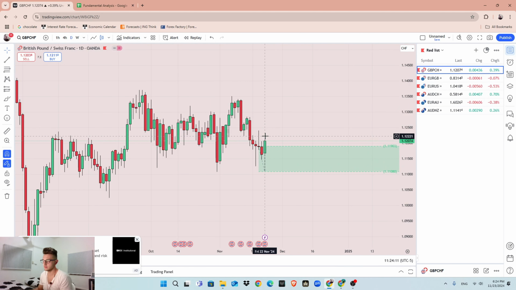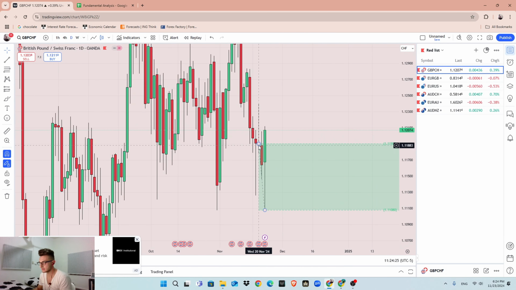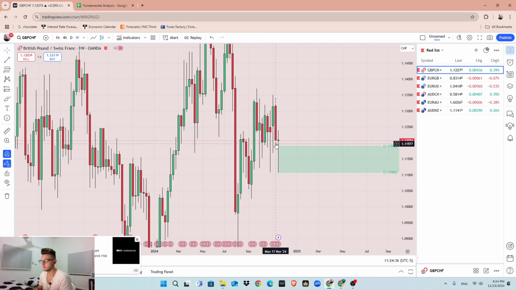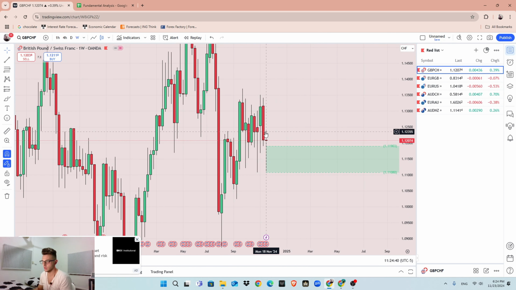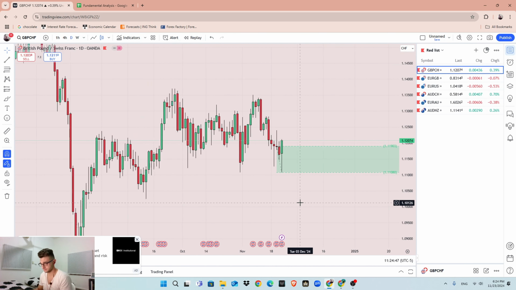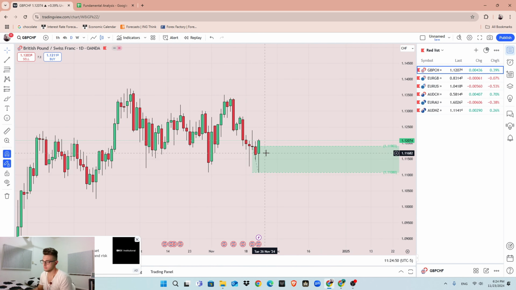We moved higher during the last day on Friday, and in my opinion, we created a demand zone right here. So we have this candle as small consolidation with this one, then we pushed lower, then we immediately pushed higher. If I go to the weekly time frame, it's just one candle. It went lower, immediately retraced into its opening. So this is an idea. In my opinion, this is a demand zone. We could retrace into it. If we retrace into it, I will look into the lower time frame analysis and enter a long position.